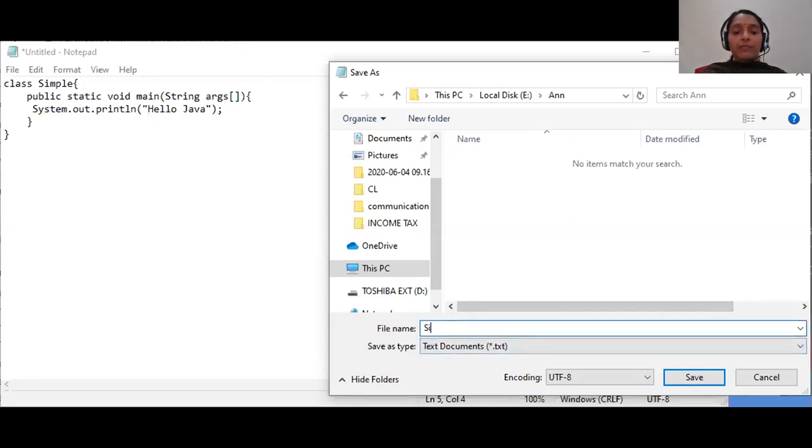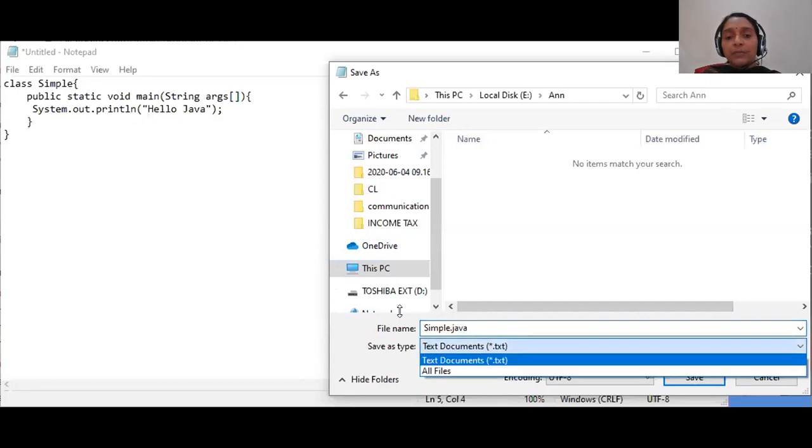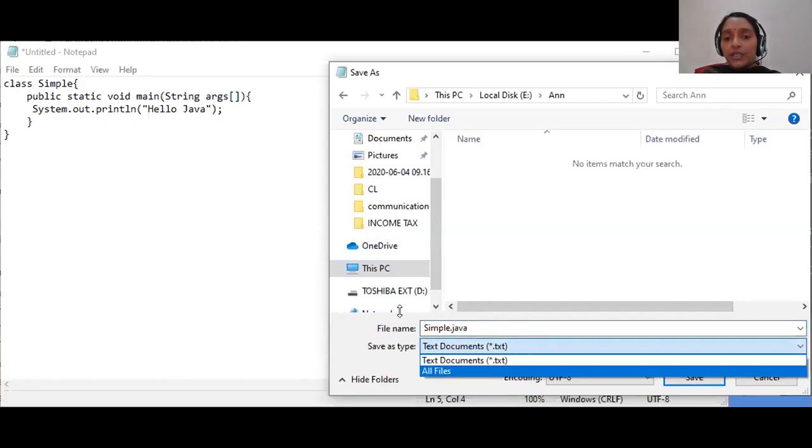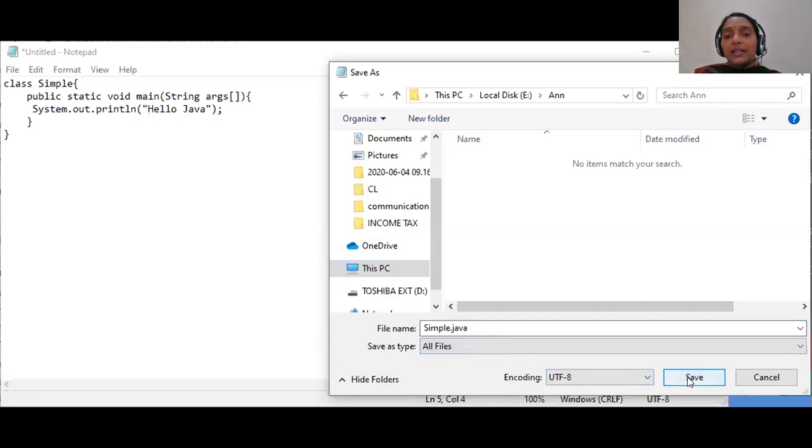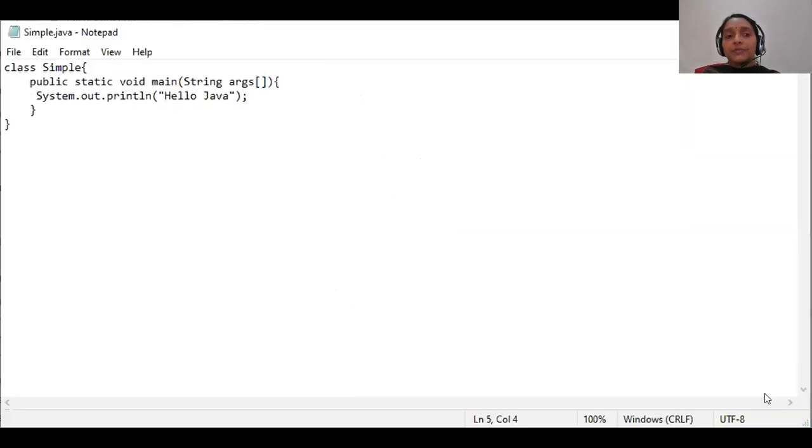I'll save my program with the same name as it is there in the class. Look here, it is class simple. So I type simple dot with the extension Java. Do not save it as a text document. Click all files and then save it.